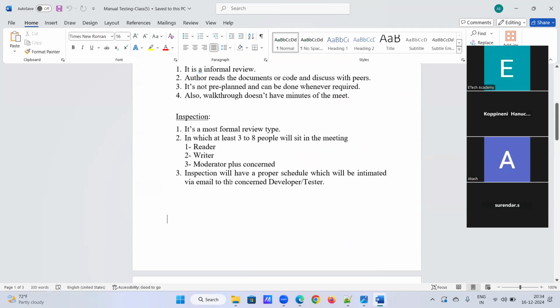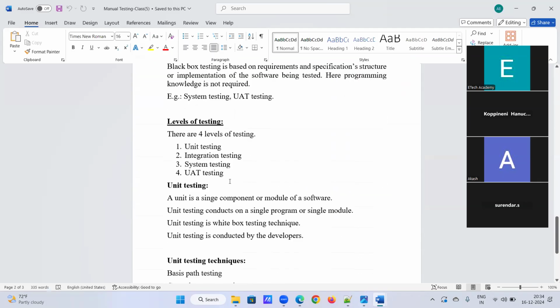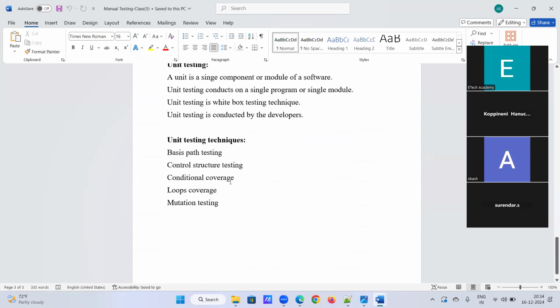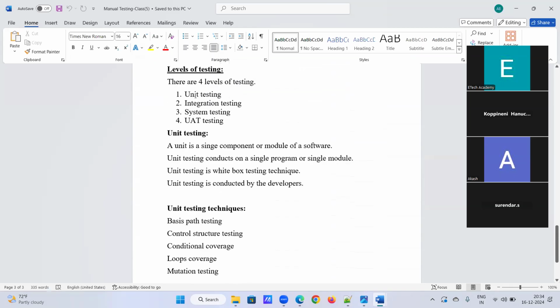That we will also know in detail in tomorrow's session. And we should understand what a unit is in detail. This is not part of our work, but we have to understand it for knowledge purposes, and what the developers are actually doing.